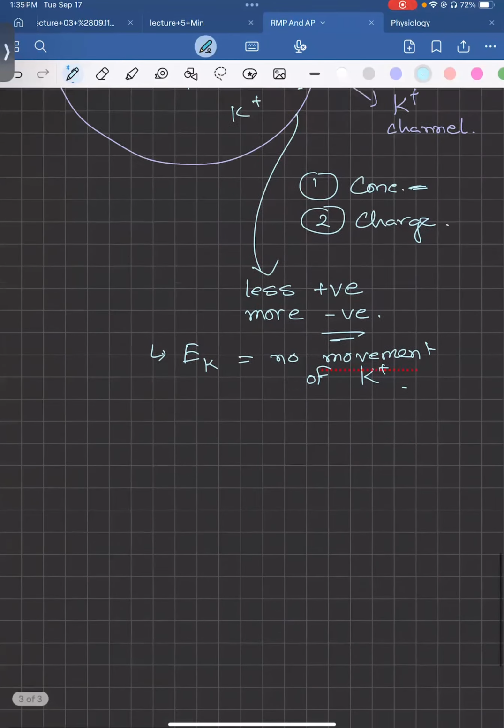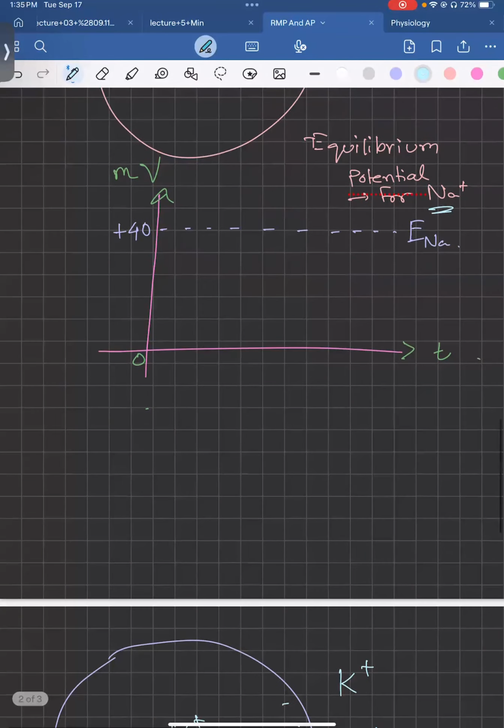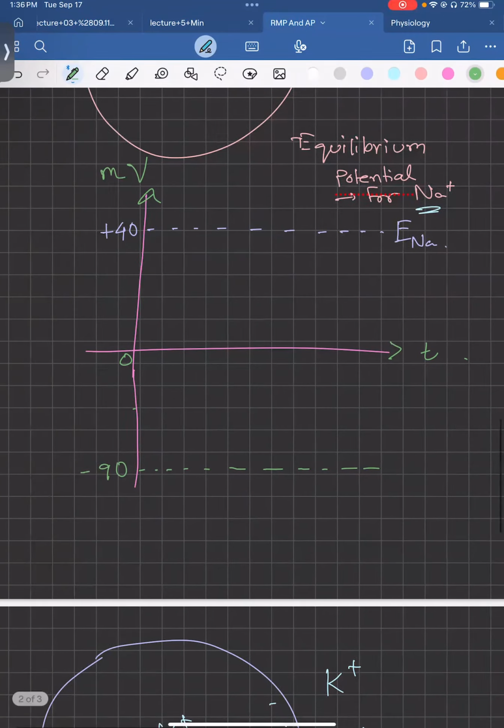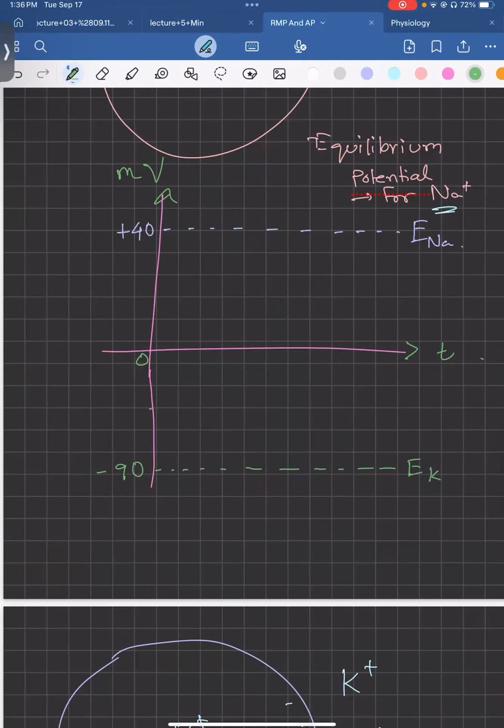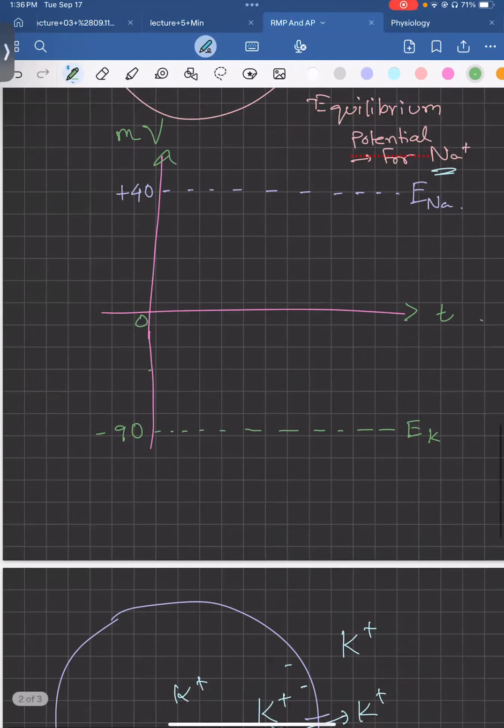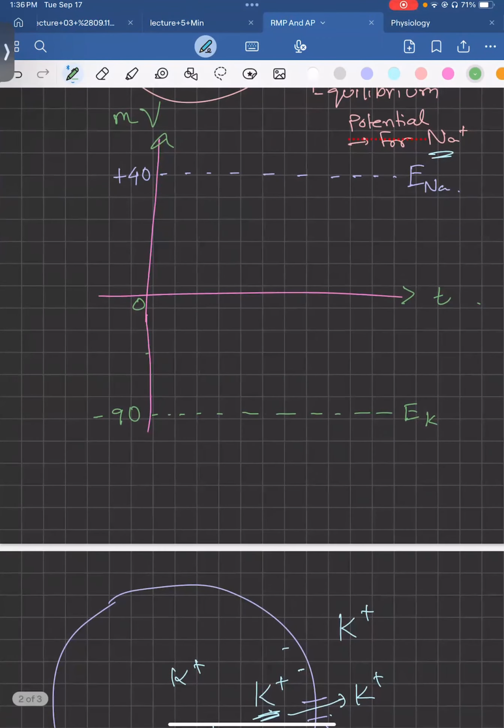Cool. Now if we go back to our little chart here, if you want to add the equilibrium potential of potassium, it's going to sit somewhere around here, minus 90 millivolt. That's the equilibrium potential for potassium. What does it mean? What do these mean in terms of the movement across the membrane? So let's say, for example,